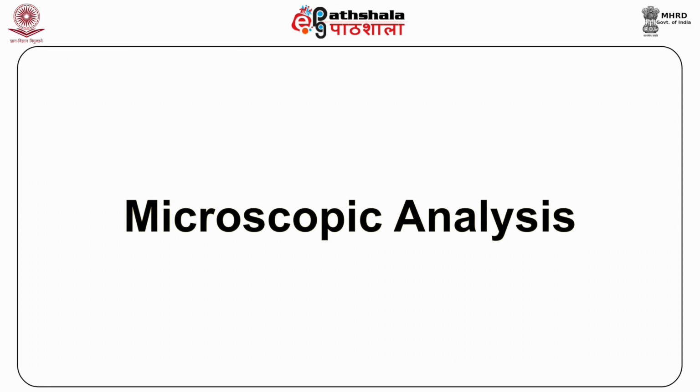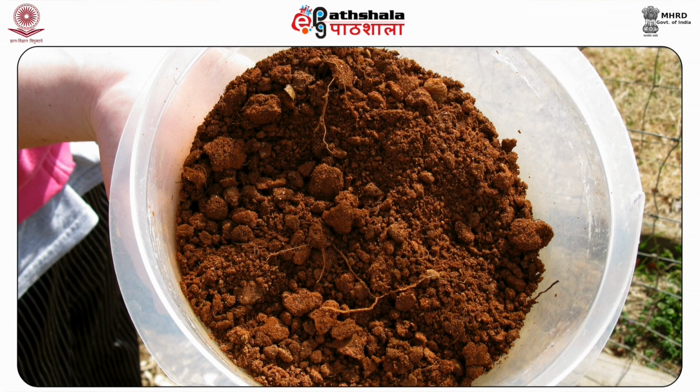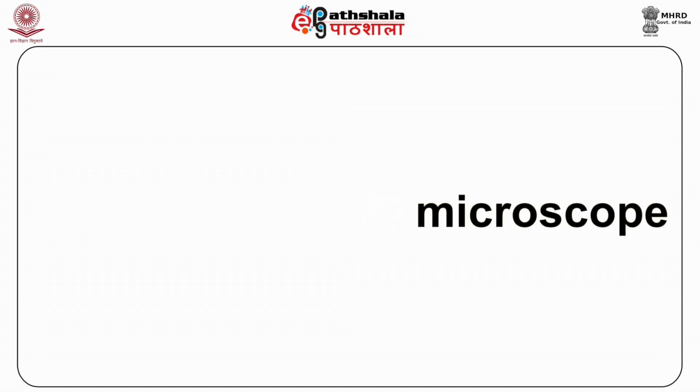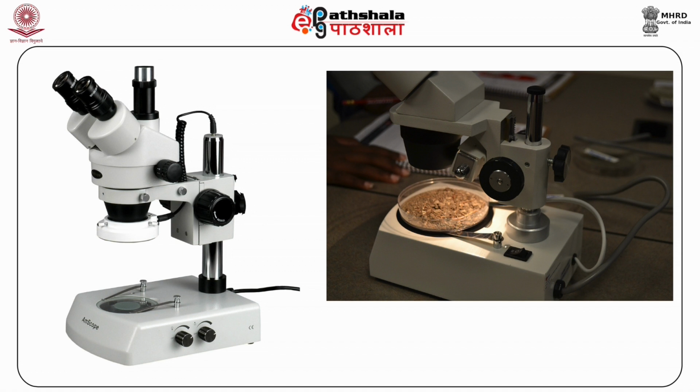Next, moving on to microscopic analysis. A soil analysis begins with a visual examination of several known soil samples. The natural variation of color, texture, and general appearance are recorded. The color of the sample must be analyzed when it is both wet and dry, and all visual similarities and differences must be recorded. The stereoscopic microscope magnifies the microscopic surface features of the sample, aiding in the identification of